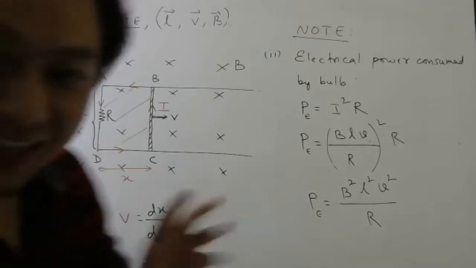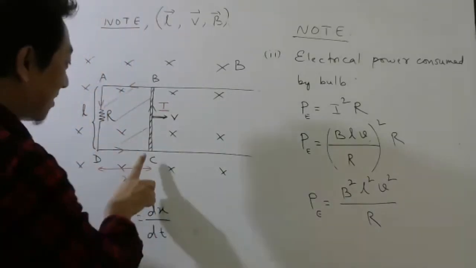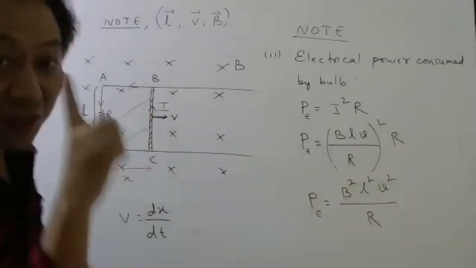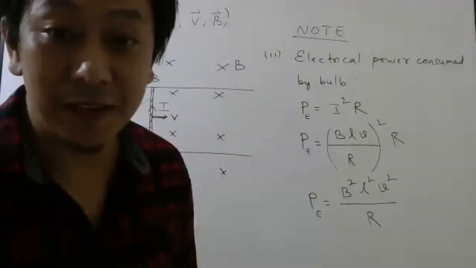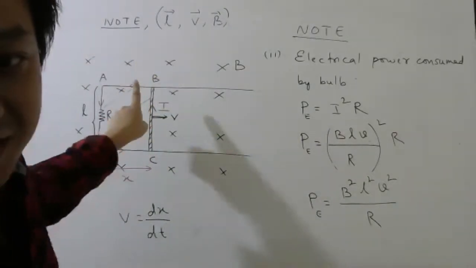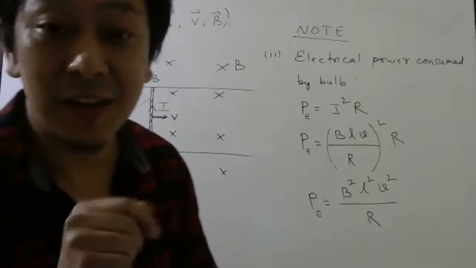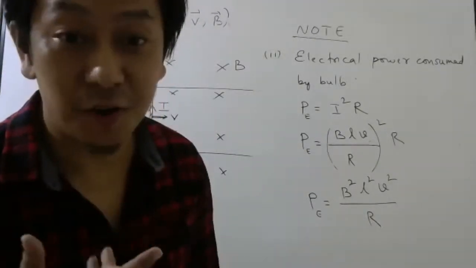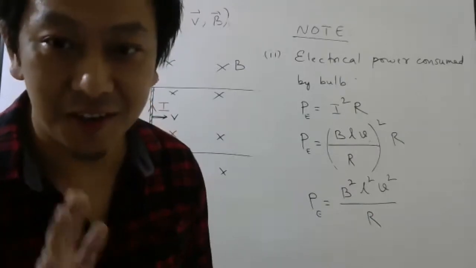Now something very interesting, listen carefully please. If there is current in a straight conductor and it is kept in a magnetic field, see here, magnetic field is there, straight conductor is there, current is flowing, then it will experience a magnetic force. Remember the formula, yes or no? Remember or not?